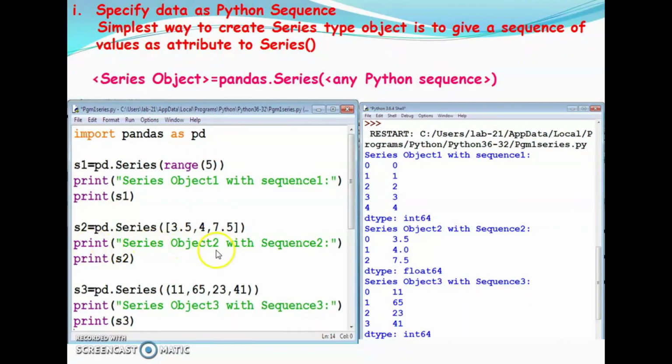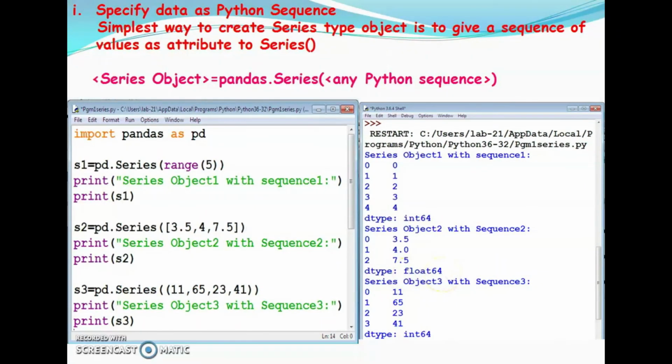Print series object 2 with sequence 2, print S2. Check this one. By default, the index values start from 0 onwards: 0, 1, 2. Then the data 3.5, 4.0, 7.5. The data type is float64.